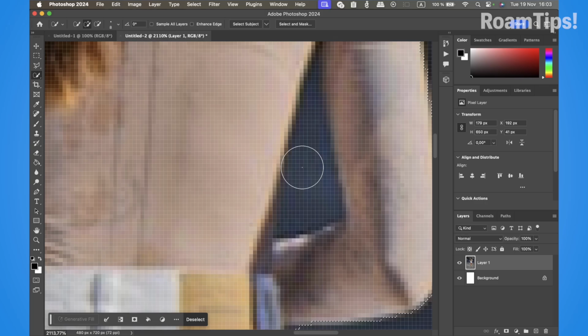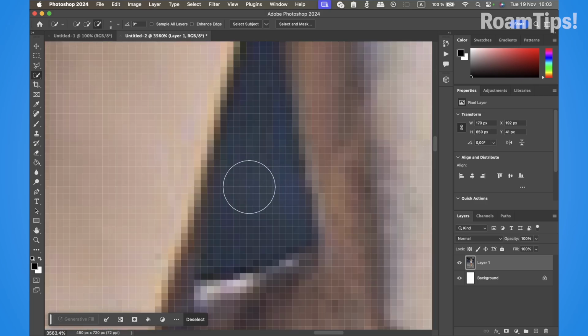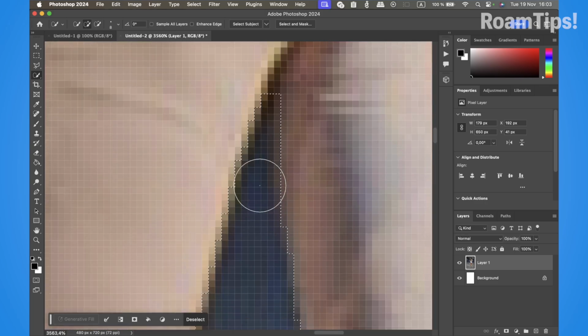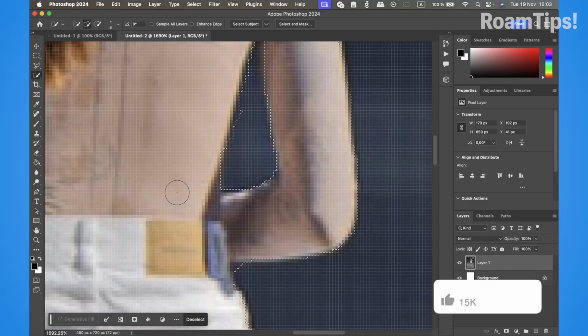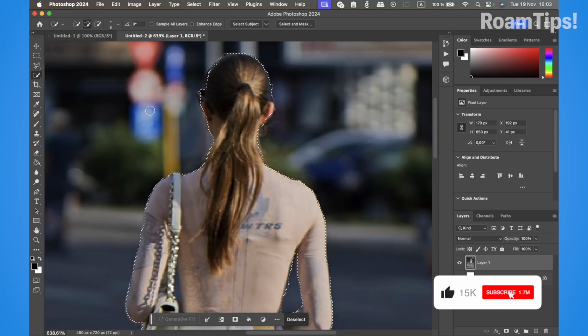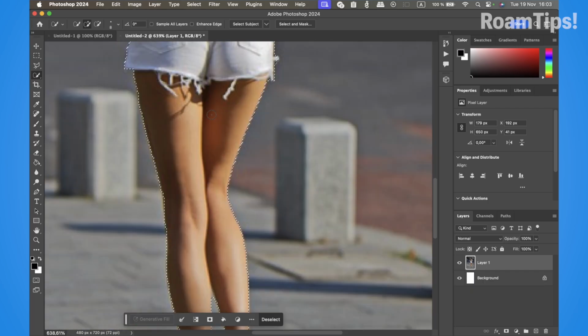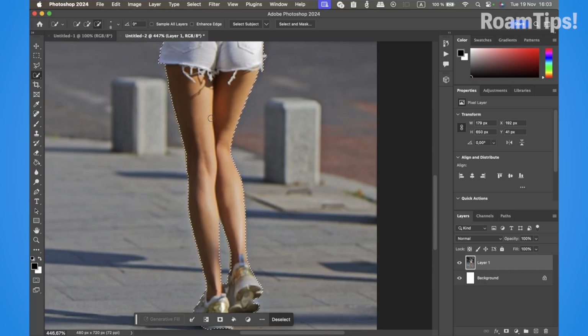Okay, fix it, press Option or Alt and fix. Alright, full check and nice. Alright, zoom out